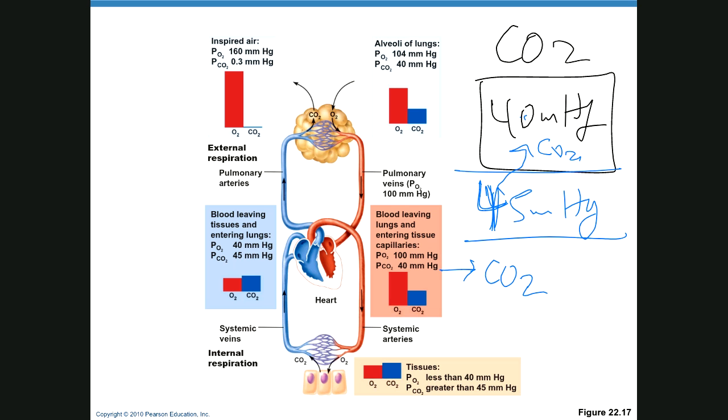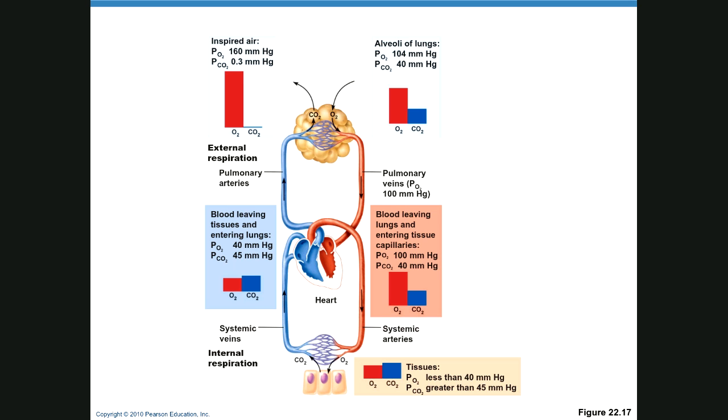The lungs are not going to get rid of all the CO2 in the alveoli. Blood retains most of its CO2 because, again, CO2 is a buffer. It's going to be used as a buffer. So the blood cannot get rid of all of it. It does have to get rid of some of it, but not all of it. Okay? So now we are in the